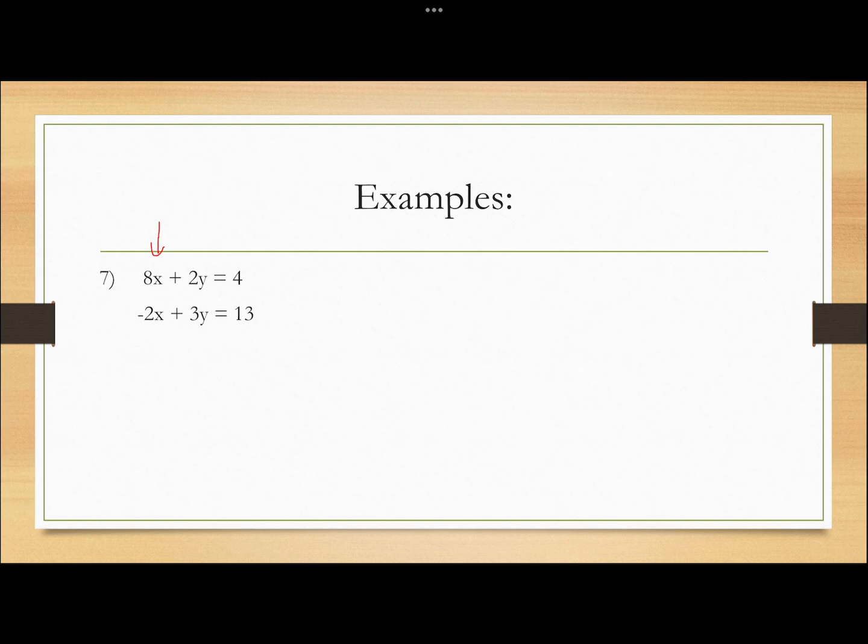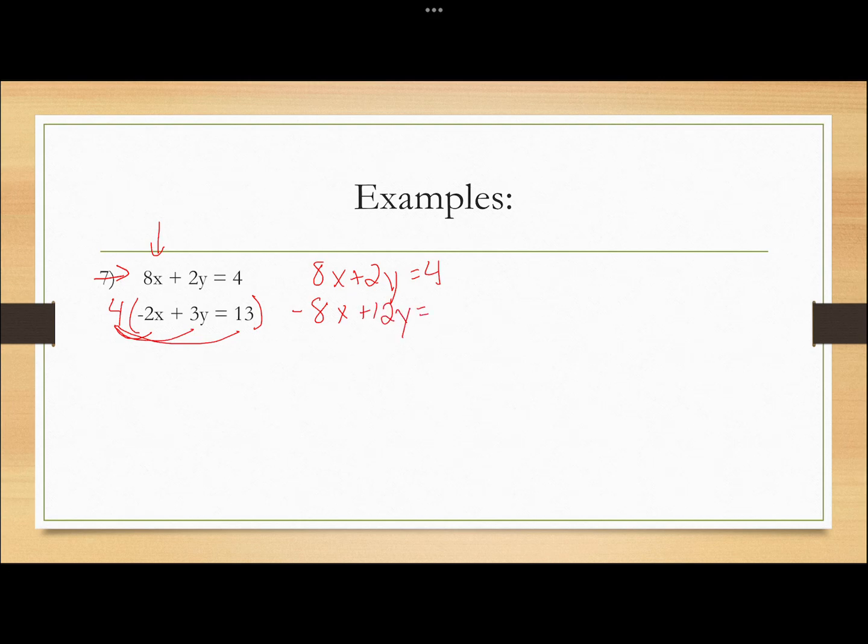So I need to make the numbers in front of it be the same but opposite signs. Since this one has an 8 in my first equation, to make this one down here a negative 8, I would need to multiply it by 4. So we're going to leave our top equation alone, 8x plus 2y equals 4. For our bottom equation, I need to distribute this 4 through to everything in here. That would give me negative 8x plus 12y